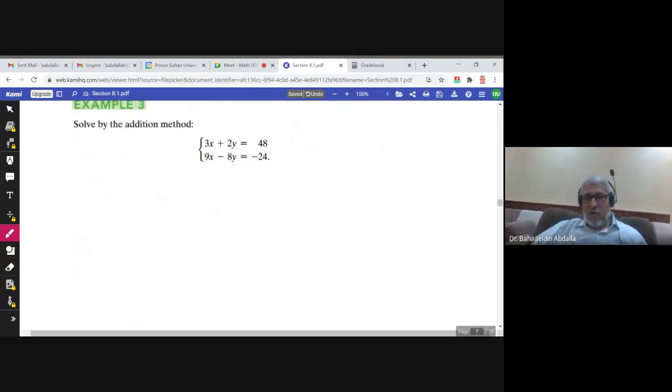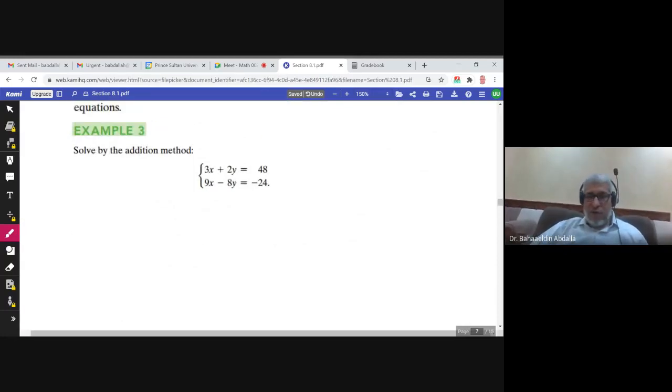Let us solve this system. I'll leave this for you because here it is easy. This is 9x. I will eliminate y here, okay? Why did I choose to eliminate y? Because the coefficient is -8, the coefficient is 2, so I need to multiply